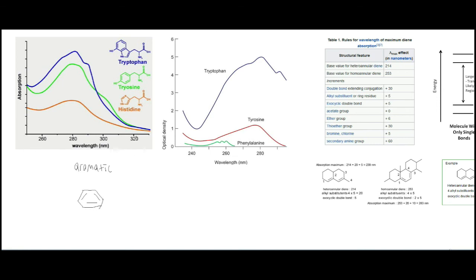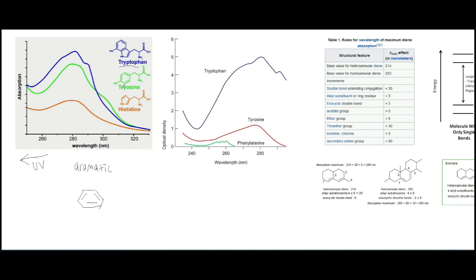All of the other amino acids will absorb light at a much higher frequency, so it's much further into the UV range. These ones have this absorption spectrum here in the lower frequency UV range. It's getting somewhat close to the visible light range, and so the